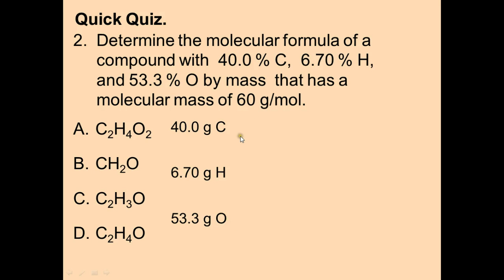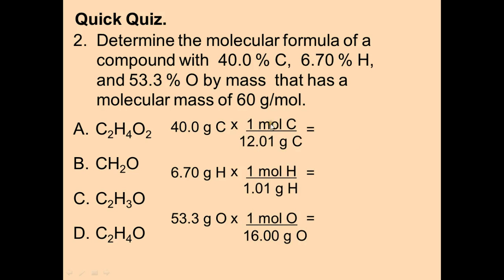And then we put 1 mole on the top, so we have a little conversion factor. So notice how 1 mole is at the top, and these grams will cancel out, and we'll just be left with the moles. Notice on all of them. So we just multiply these out, and then we get 33.3 moles of carbon, 6.63 moles of hydrogen,